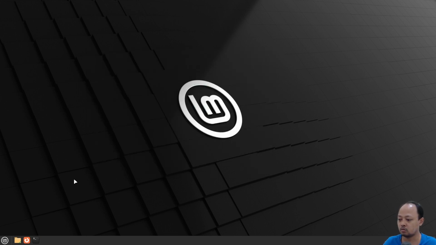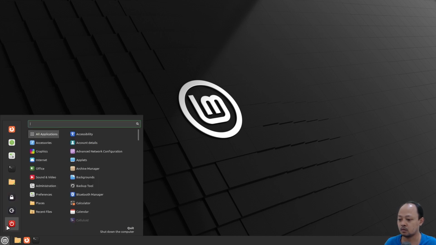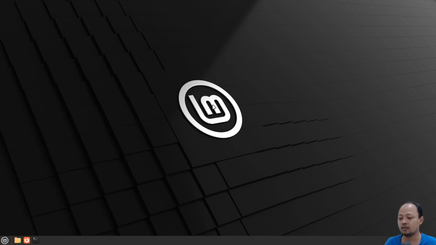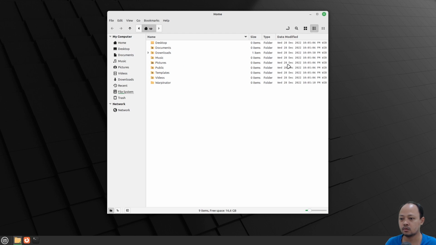Okay, let's go to another cool feature in Linux Mint 21.1. I will open Nemo. It's the name for the Linux Mint file manager. In Linux Mint 21.1, we have the ISO image checking feature that we can access from the file manager.